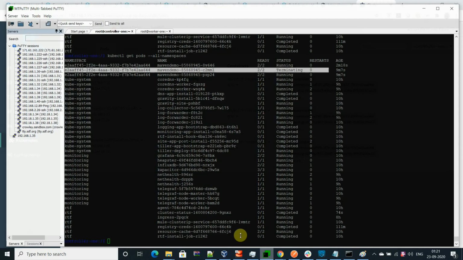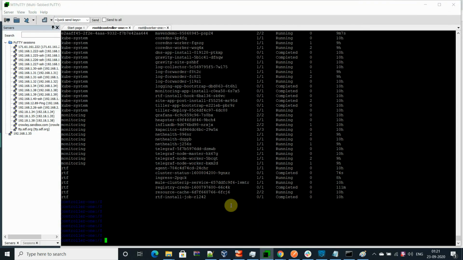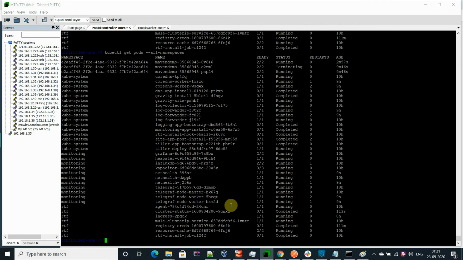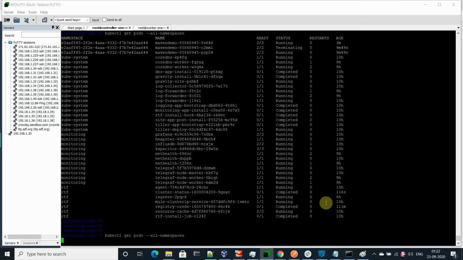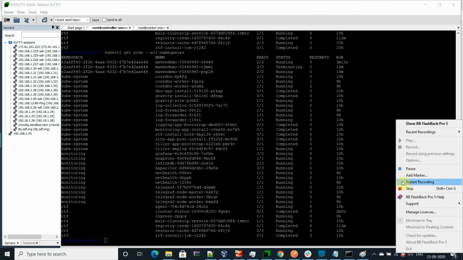Let's go and check the control once again. It will take some time. I'm going to pause this video, and we will run this command once again when it has been destroyed. It's taking too much time. It depends on the resources and process. Let me pause the video for some moment, and we'll be back once it has been destroyed.